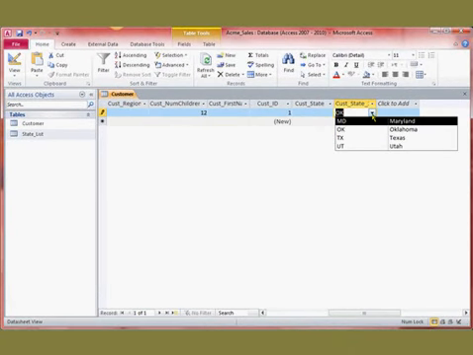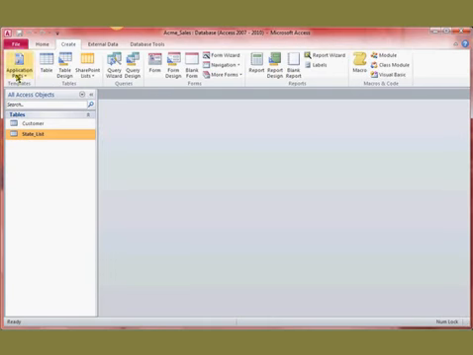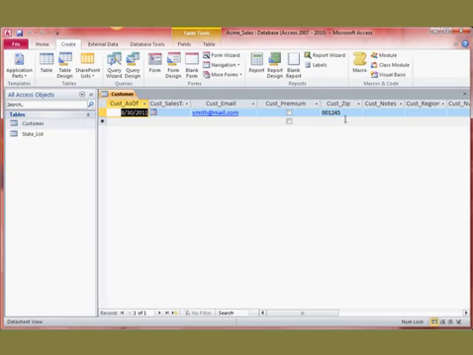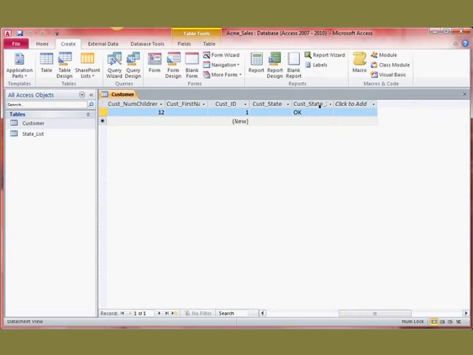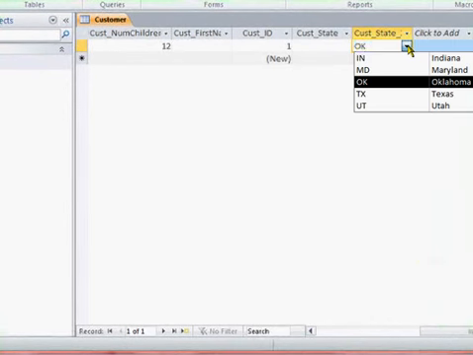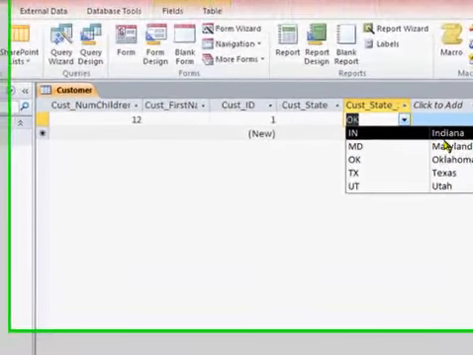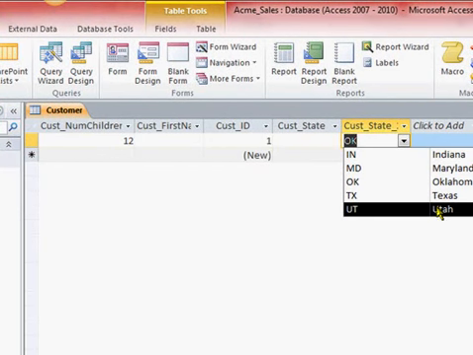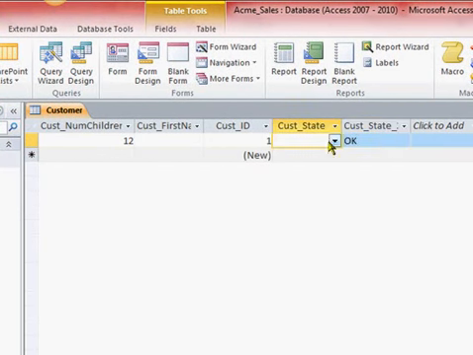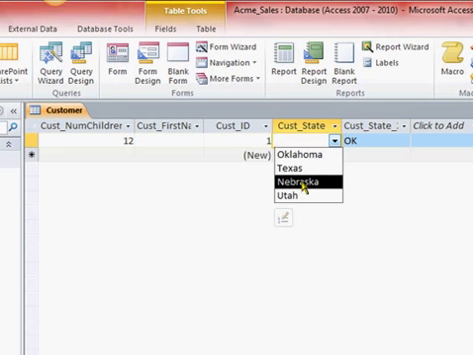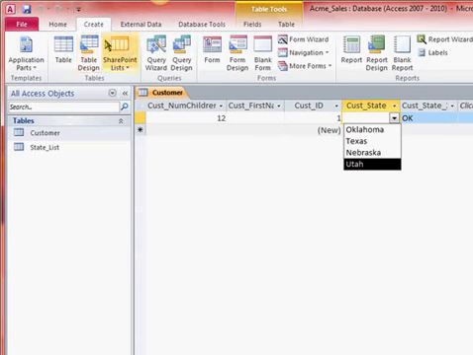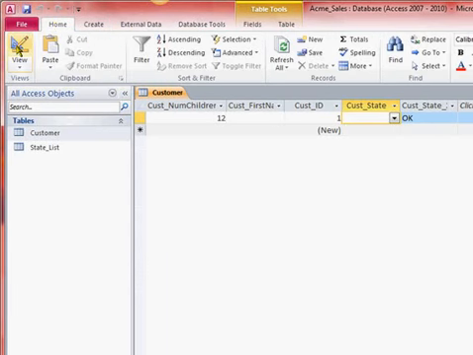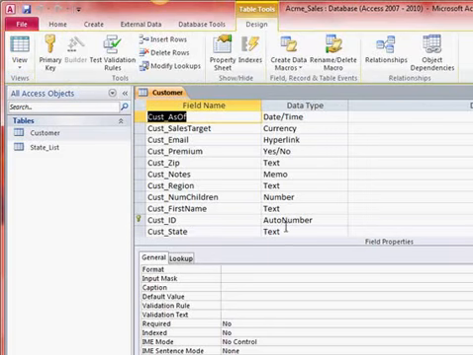When I come into here, it's not going to automatically refresh, but if I close that, open it, swing over, there's Indiana, and it is still sorted. It automatically sorts. My other one here, it's going to be in the order that I typed it in the actual description. So if I actually come back, come into Design View,